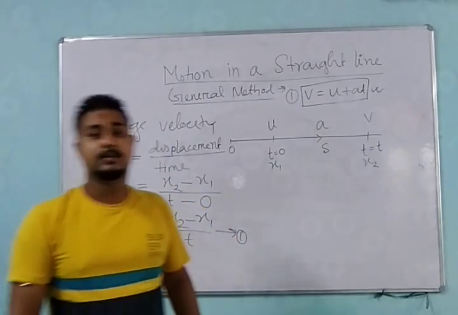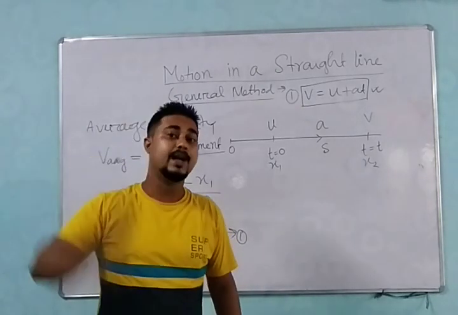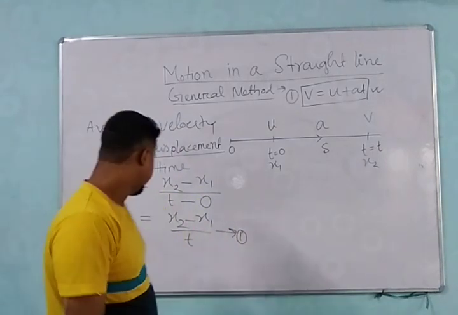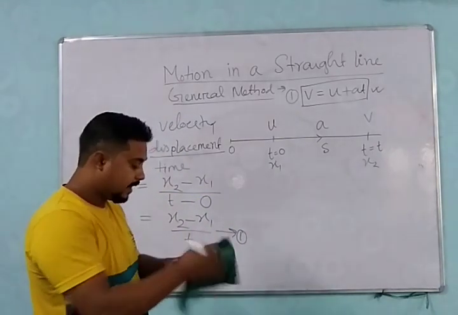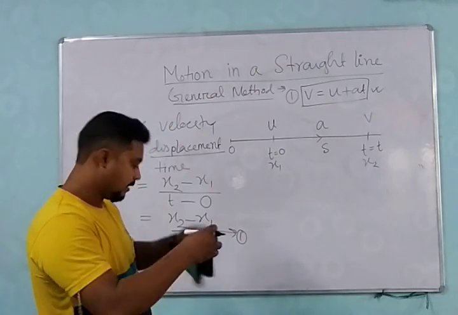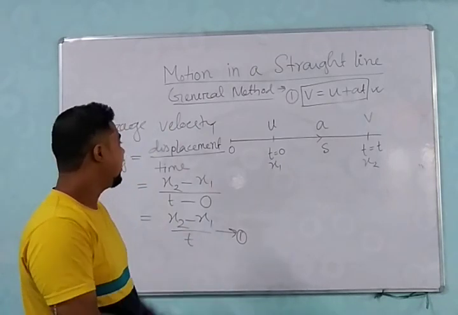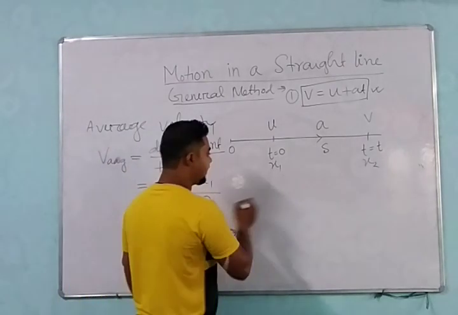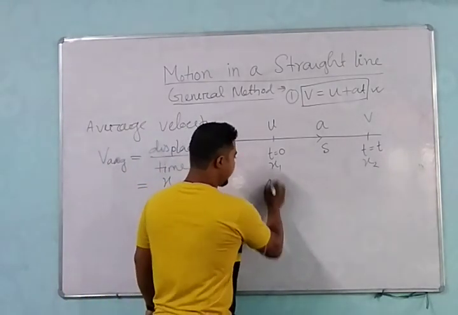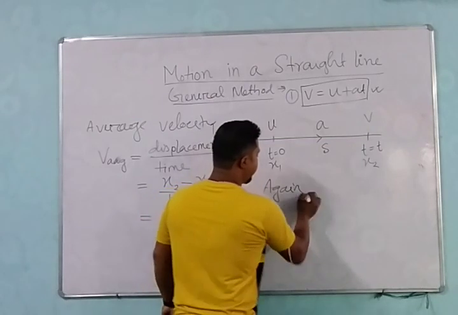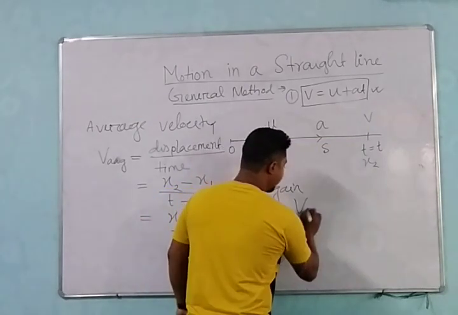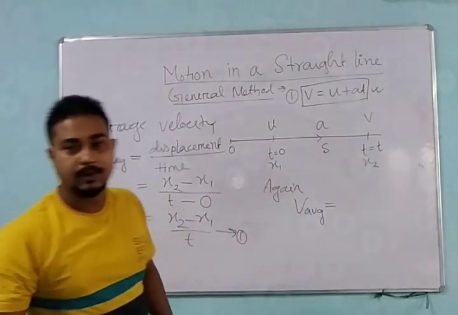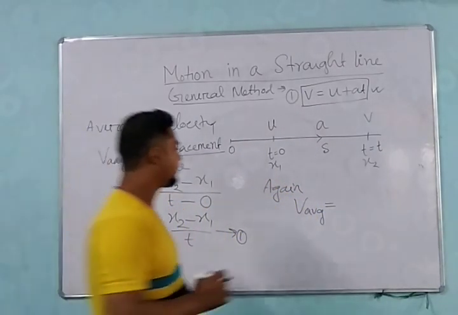We have got another equation to find out the average velocity. I hope all of you are able to remember that thing. Again, the average velocity also can be written as like what,